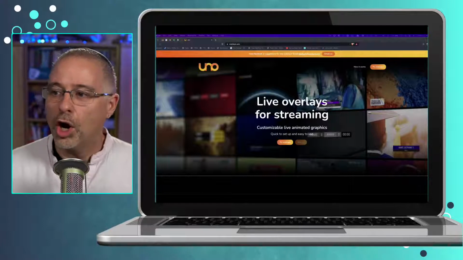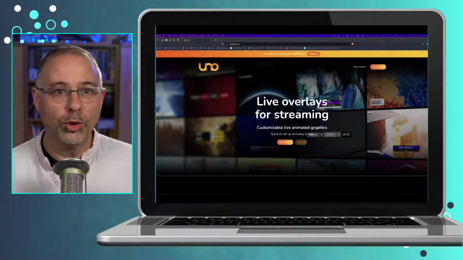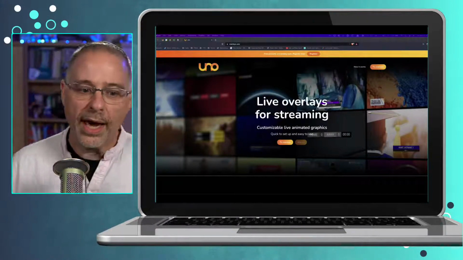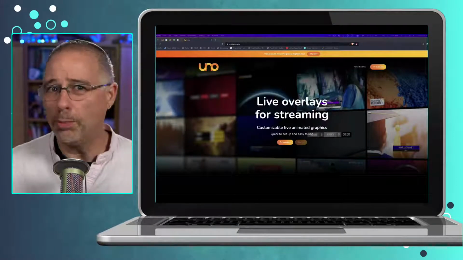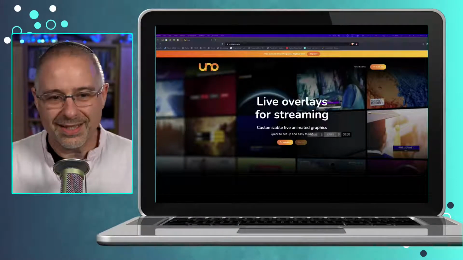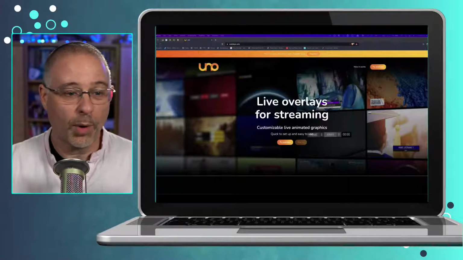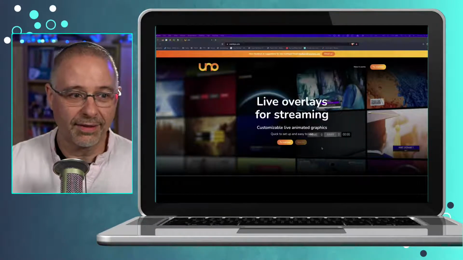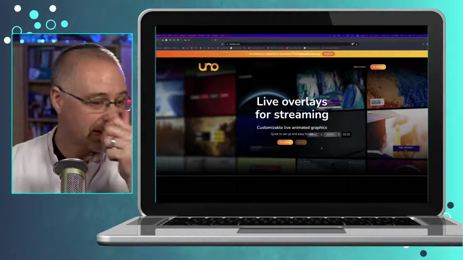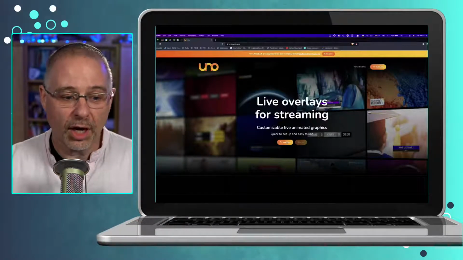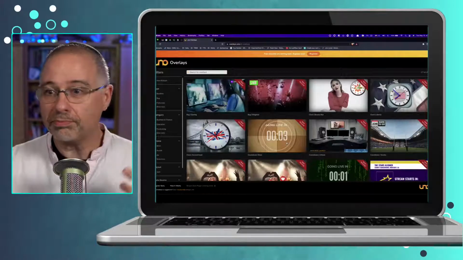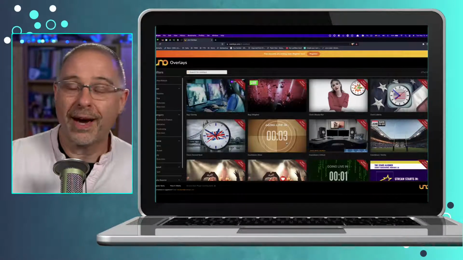This is called overlays.uno. Now, right now, it looks like it's in kind of an open beta phase, so you can sign up, which I did a while ago. I still haven't gotten a login or anything like that, so you can't really save what you're doing at this point. But if you just click on Try Overlays, it'll bring you in, and you can find a whole bunch